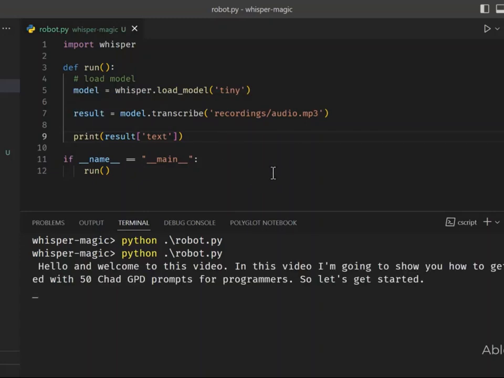There will be a result. It would be a dictionary with key value pairs. And this is a key, text, and the value. Hello and welcome to this video. In this video, I'm going to show you how to get started with the 50 ChatGPT prompts for programmers. So let's get started. And notice there's a slight error. So that's not a problem. So there you go. We just fixed our bug using